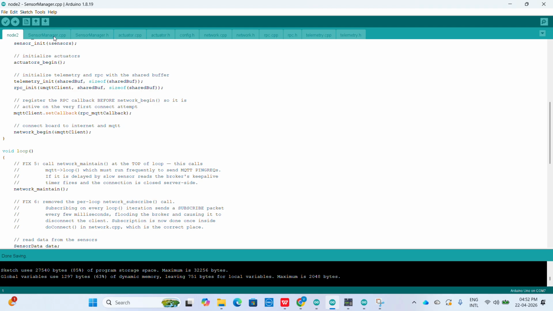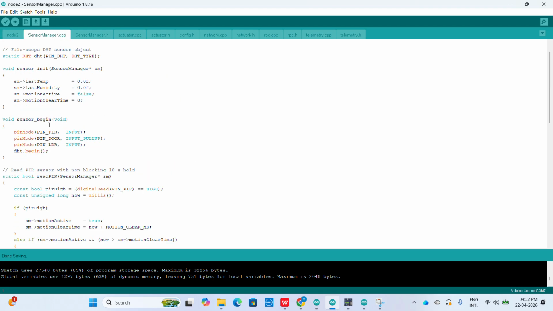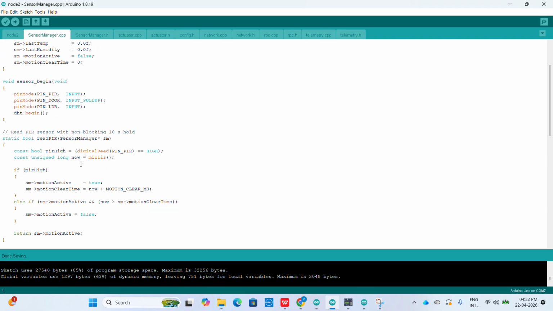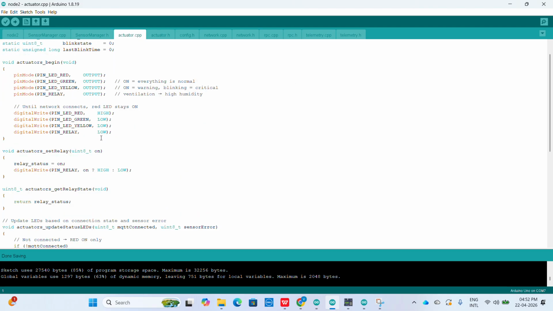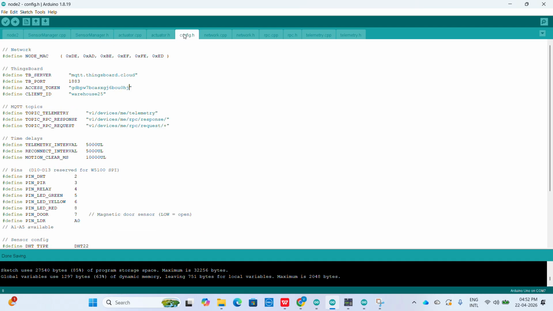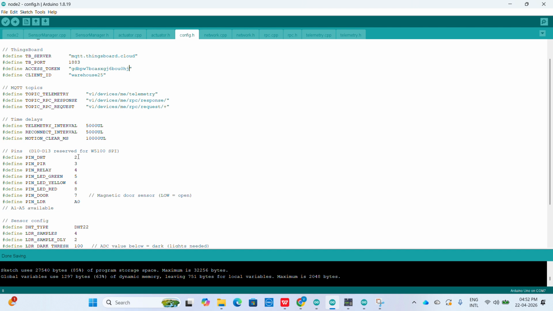In sensor manager, the sensor senses the data like pin, door open or close, LDR, DHT22 sensor, temperature, humidity, motion active or not. In actuator, we have LEDs, red, green, and yellow. We have taken the pin of relay. We have taken config.h, where we are going to initialize all the pin connections which we are going to do in